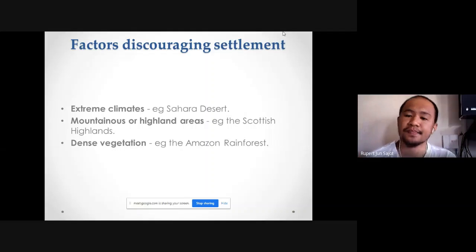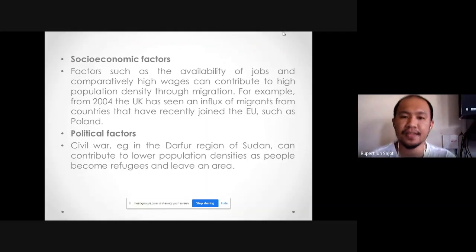Okay? All right, next. Now, socioeconomic factors. Factors such as availability of jobs and comparatively high wages can contribute to high population density through migrations, like what I said. For example, in 2004, the UK has seen an influx of migrants from the countries that have recently joined the European Union, such as Poland, because it provides them,